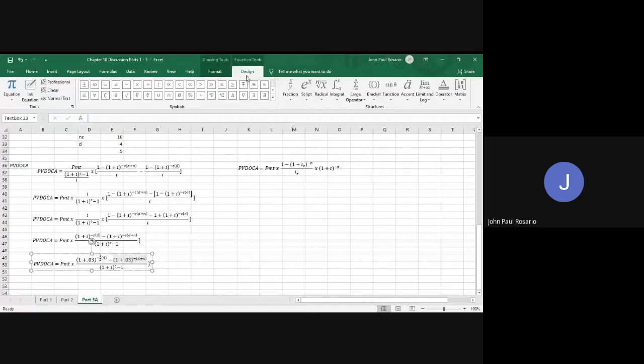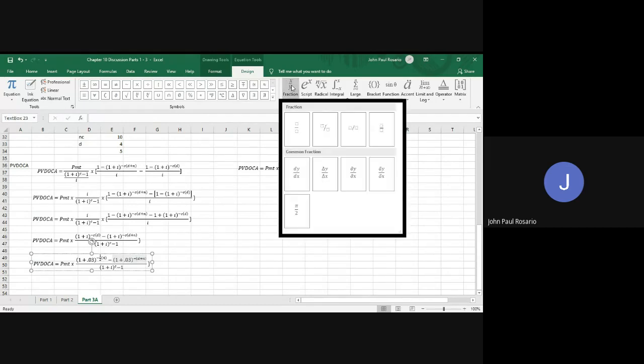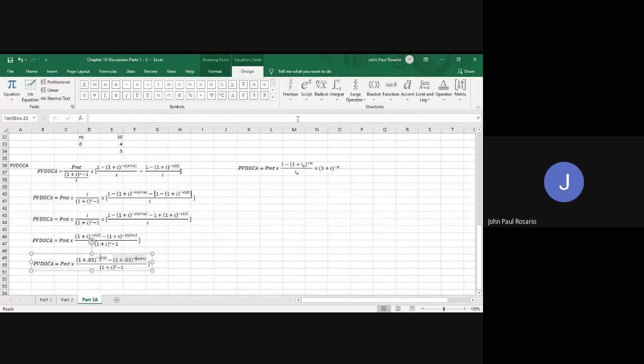This is 1/2. So 1/2. And our D is 4, and our N is 20. Okay, so we go to the lower part. This would be 1 plus 0.03, and